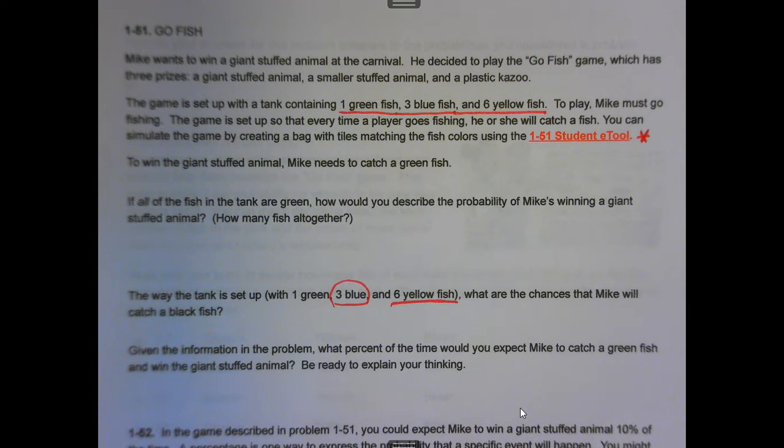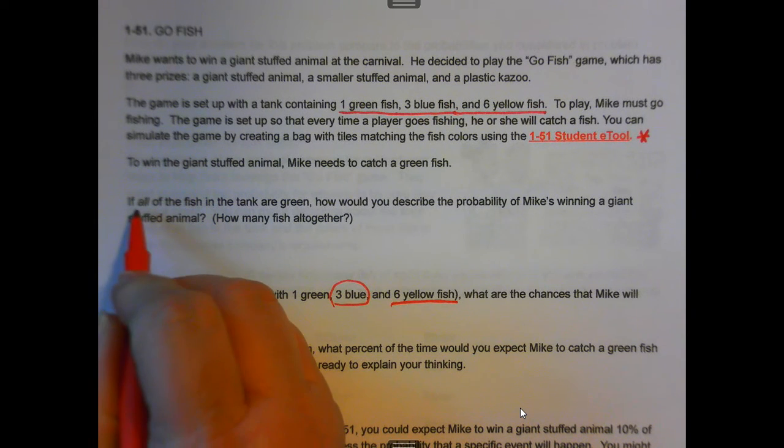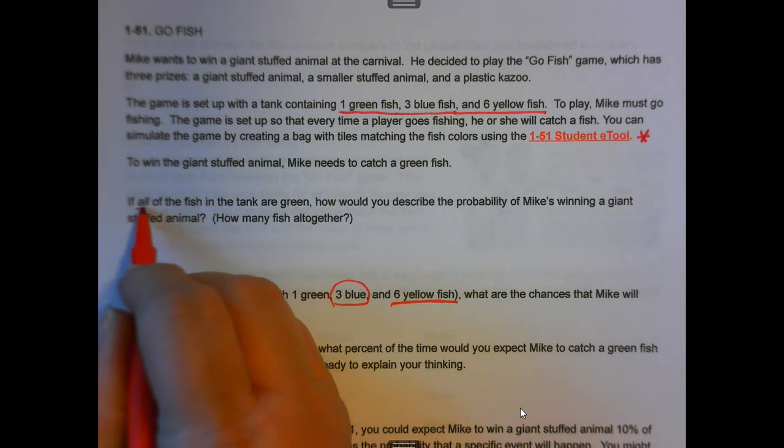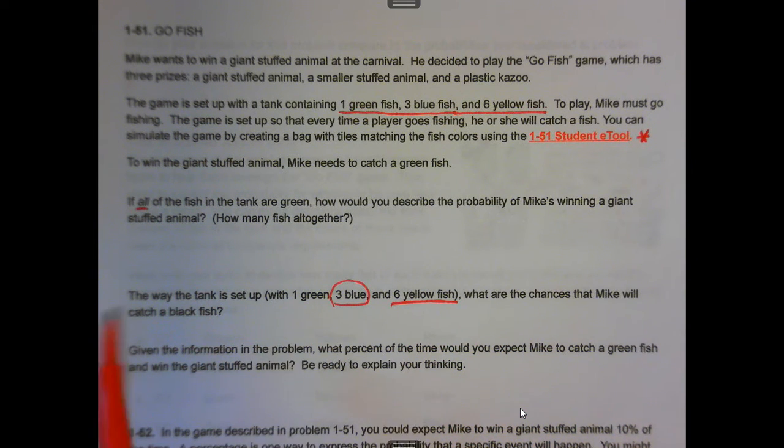And we have some kind of weird questions here. And we had to read them carefully. I'm going to read them out loud because sometimes that helps me think about what I'm hearing my voice say. It helps me kind of picture it when I can hear it out loud. And it helps me to pick out some important information in the reading.